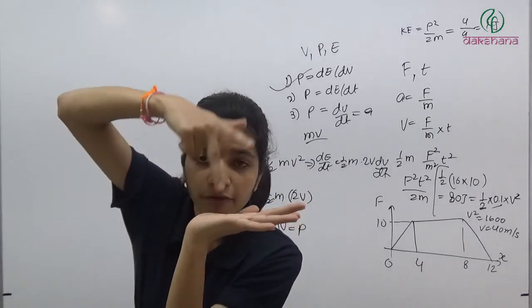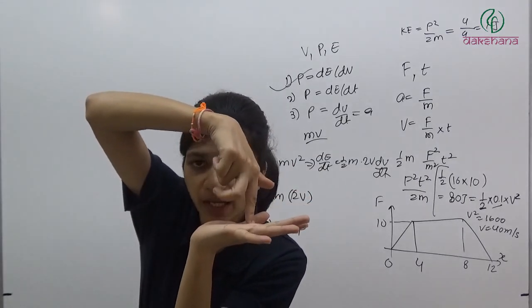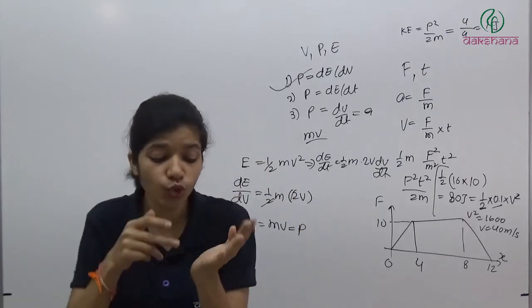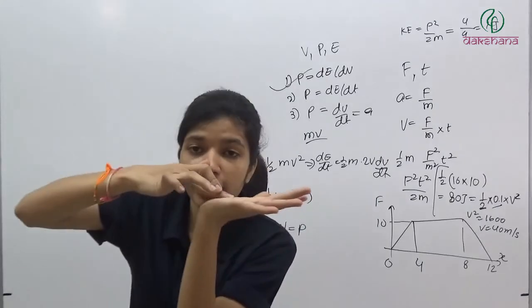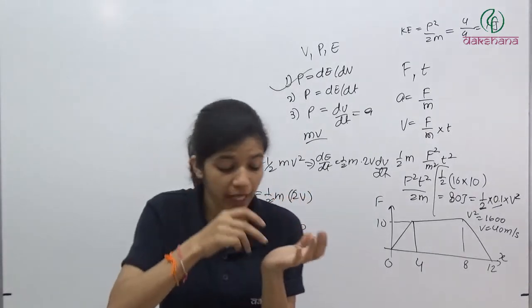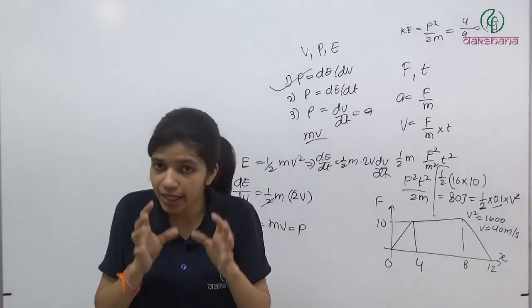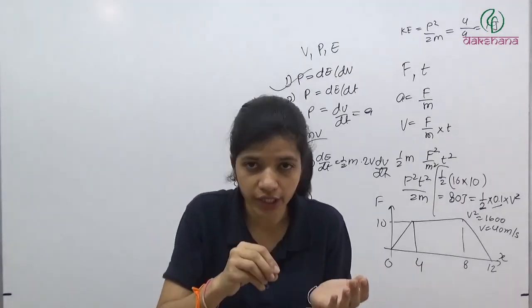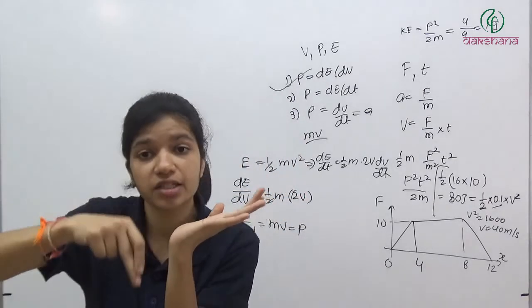What we are doing is just pushing the surface and putting the other leg. We are lifting it, and again putting the other leg. So basically there is no relative motion. There is a tendency of relative motion, but there is no relative motion. There is no slipping. It means with respect to the surface, this leg is not moving. So friction is there, but displacement due to that friction is not there.